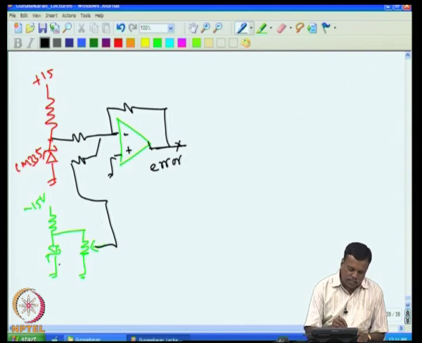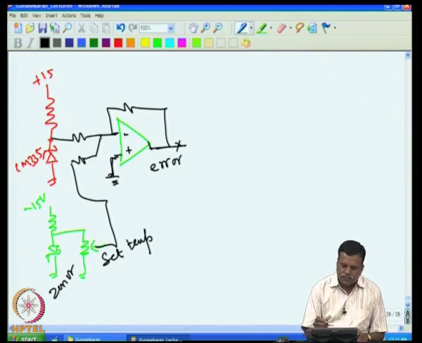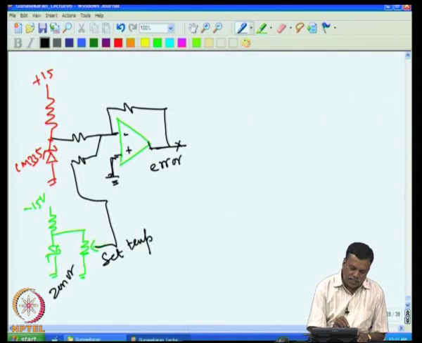This is a Zener voltage. So, we fix the set temperature here. When temperature goes up, in this case this voltage will be increasing by 10 millivolt per degree C, and then since this is plus, this will be going in the